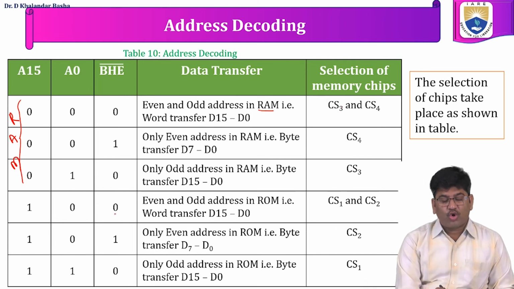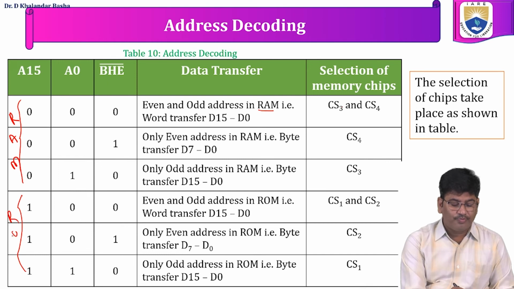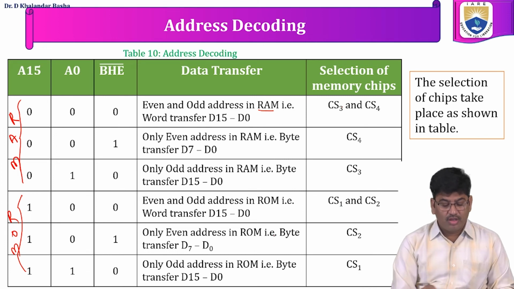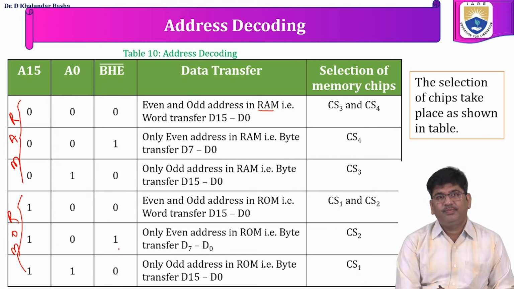Next, the 100 combination, which is a 16-bit data transfer corresponding to a ROM. So it will enable both chips 1 and 2. For the 101 combination, which is an 8-bit transfer from even address on the lines D0 to D7,